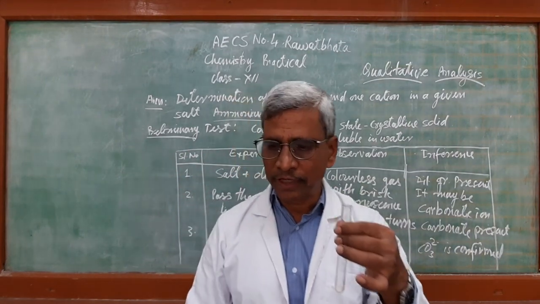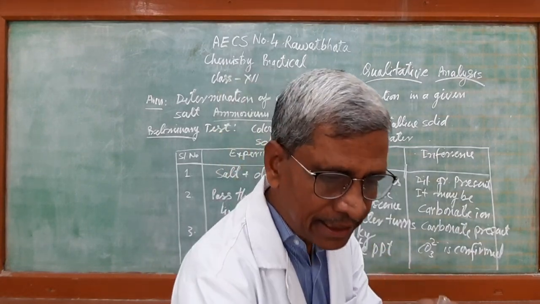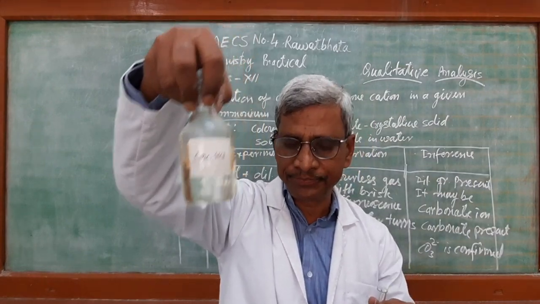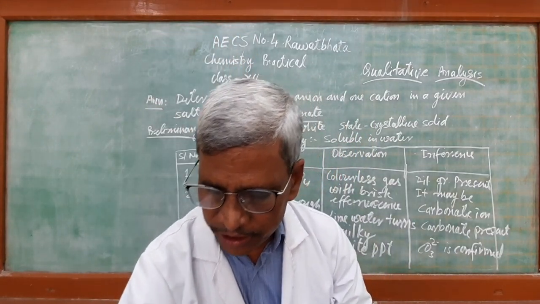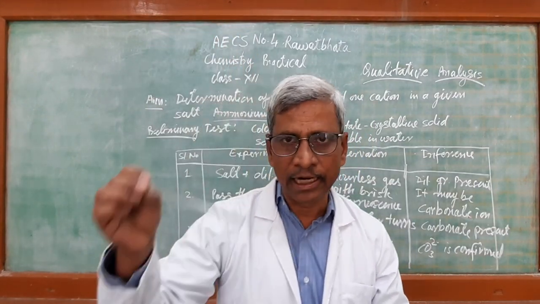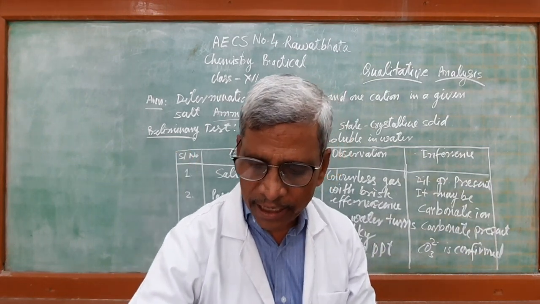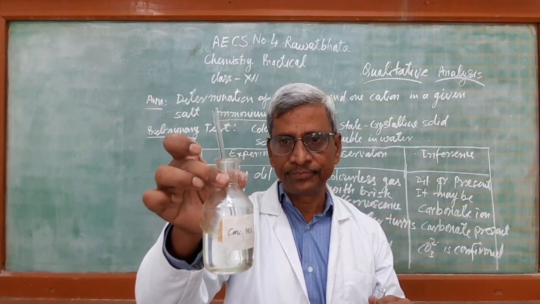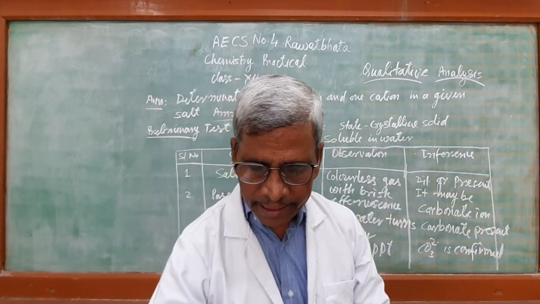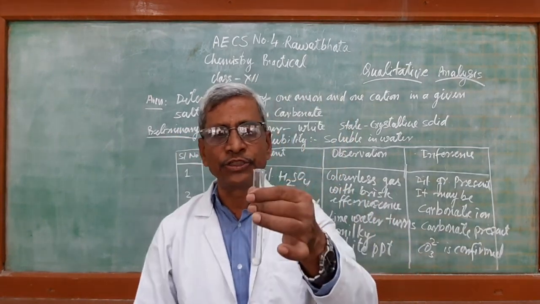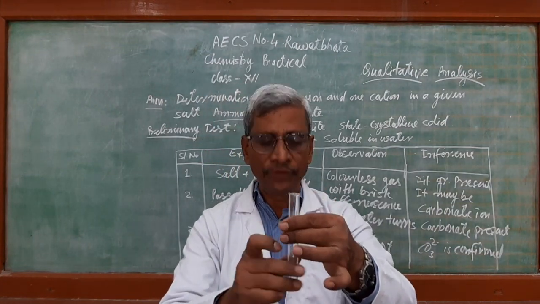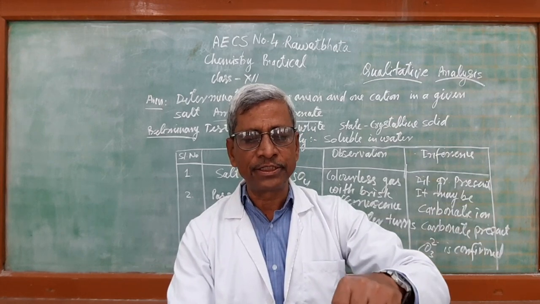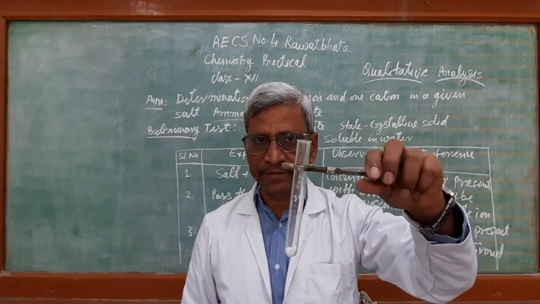At the same time, we can do that. Here I am taking hydrochloric acid. Here is the hydrochloric acid. A glass rod is dipped in hydrochloric acid in this way. It should be ready with us. And add sodium hydroxide solution. After adding sodium hydroxide, we have to put the glass rod over the mouth of the test tube. Here it is, in this way.